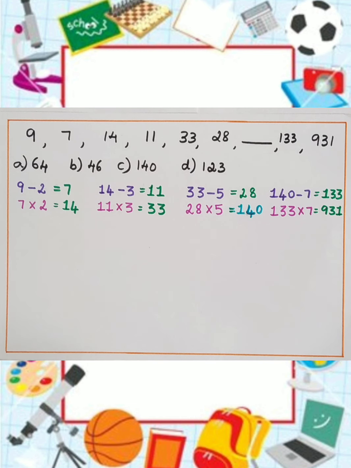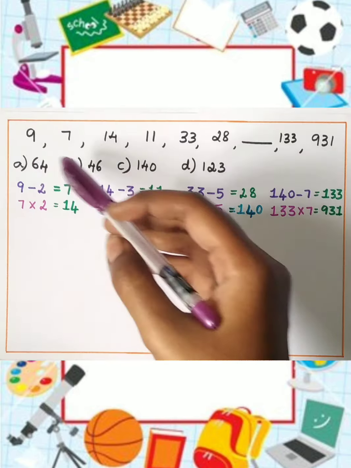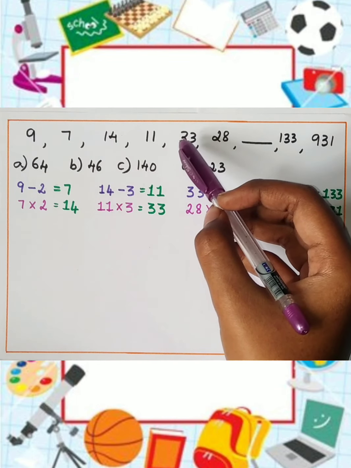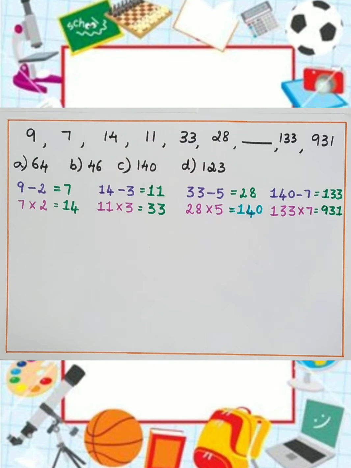So observing this number series, it is not in ascending or descending order. There is a decrease and an increase, a decrease and an increase. But the decrease and increase is also not comparable. So you may all think whether this is called a mixed number series, but actually not. A mixed number series is called so when two or more number series are interlocked into a single number series. We call that number series a mixed number series. But in this case, this problem is a simple number series.